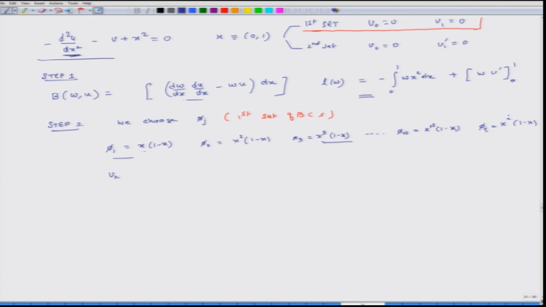So, my U n, if it is an n term solution, is equal to C j phi j, j is equal to 1 to n. And if I put this, so the overall equation is this thing. So, put it in this equation, equation 1, this is equation 2. So, we put this is 3. So, put 3 in 1 to get